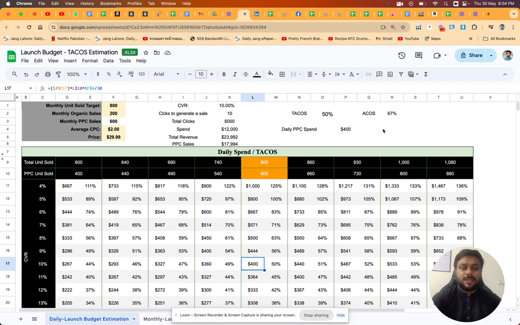This is the budget calculation for a new launch product. This is the TACOS calculation for a new launch, showing how much spend we require, what would be our cost, what would be our average sales, and if we are going to increase our conversion rates, then our TACOS could be improved. But it takes time. It always takes time. We can't